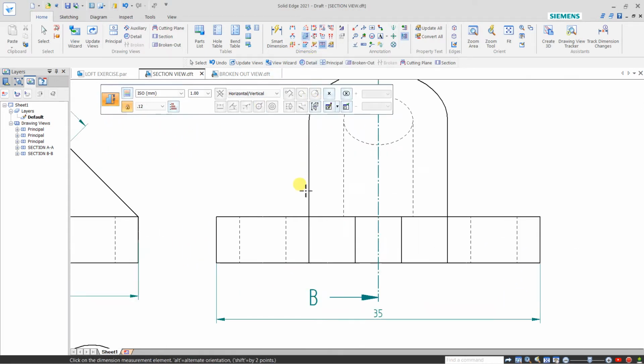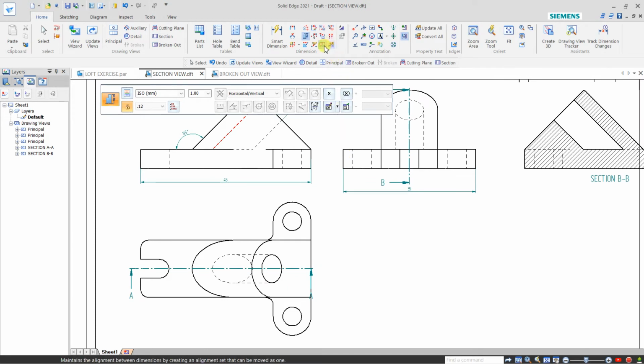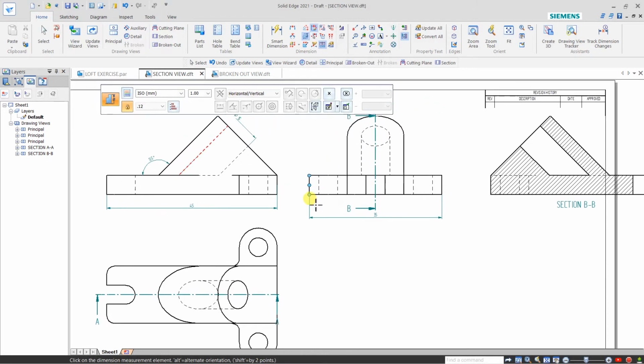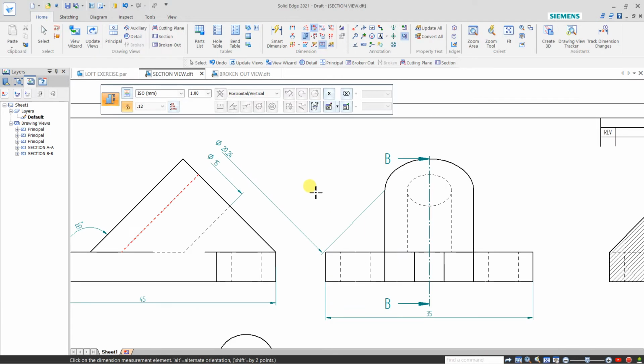And chamfer, we don't have any chamfer here, so chamfer will not work. These are all the dimensions that we have already used, like chamfer, but chamfer is not here. Auto dimension, it is generating dimensions with the previous point.